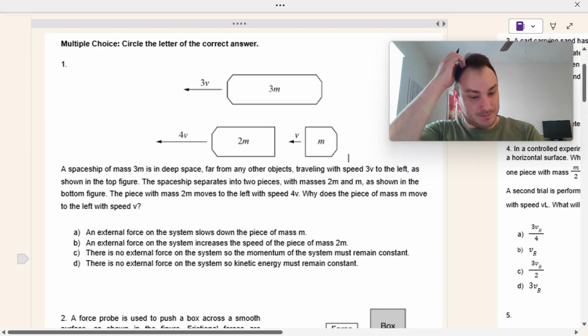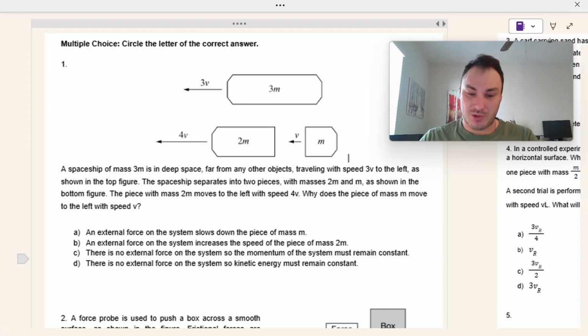Question 1: A spaceship of mass 3m is in deep space, far from any objects, traveling with a speed of 3v to the left. As shown in the top figure, the spaceship separates into two pieces, mass 2m and m. The piece of mass 2m moves to the left with 4v. What speed does the piece of mass m move to the left with? So